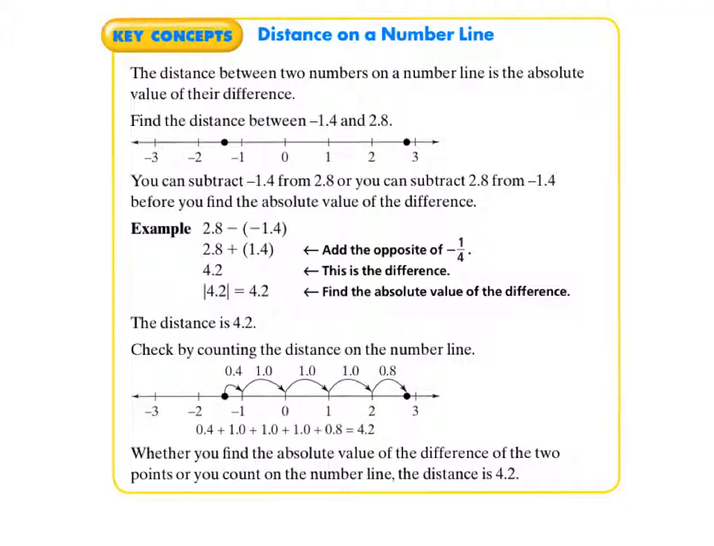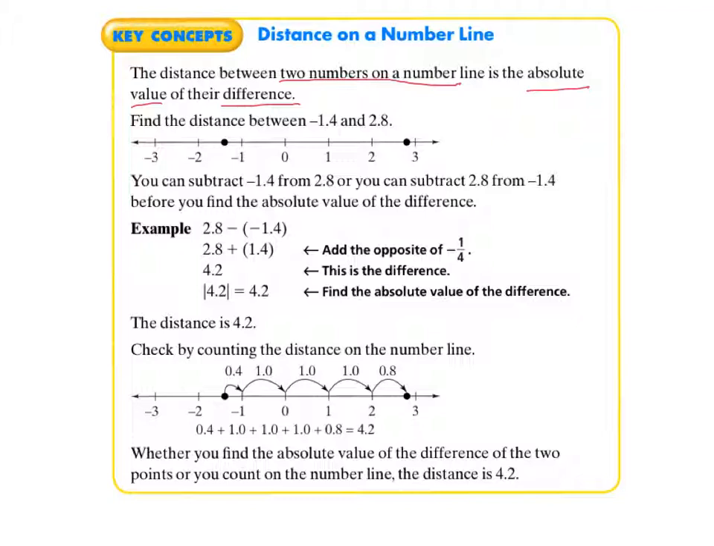Please copy this key concept box into your notebook. So it's distance on a number line. The distance between two numbers on the number line is the absolute value of their difference. So find the distance between negative 1.4 and 2.8. You subtract negative 1.4 from 2.8, or you can subtract 2.8 from negative 1.4 before you find the absolute value